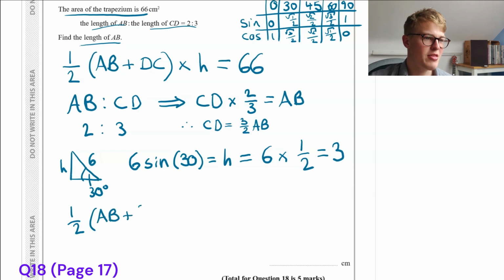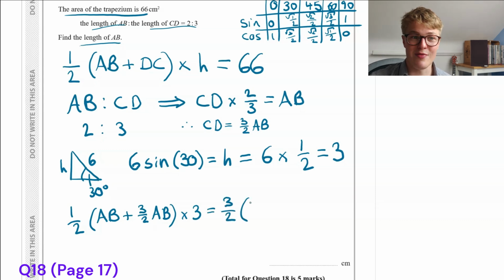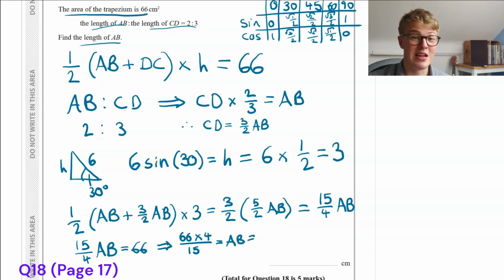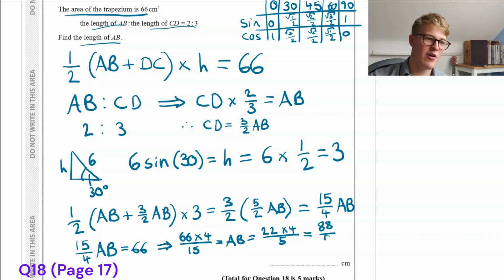Then we can move on. A half times AB plus 3/2 AB, because here I've just swapped DC for 3/2 AB, times 3, because 3 is the value of H, then gives us 3/2 times 5/2 AB, which is then 15/4 AB. Remember this is equal to 66, so we can rearrange and we get 66 times 4 over 15 is equal to AB, and therefore we can simplify 66 and 15 by dividing by 3, and we get 22 times 4 over 5, which is 88 over 5, and then we do this as a division and we get 17.6